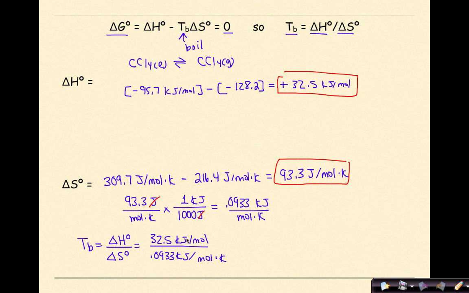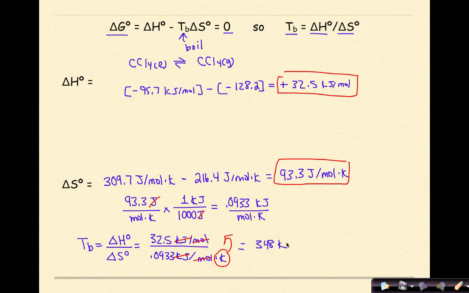And then we have our units cancel, so kilojoules will cancel kilojoules, moles will cancel moles. I'm left with Kelvin, which is ultimately going to flip up as we do our formula manipulation. And if I divide 32.5 by 0.0933, I am going to get